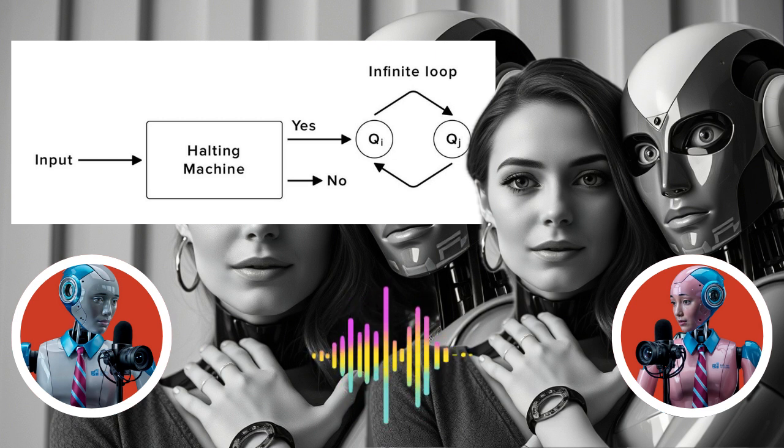Exactly. And here's the kicker. What happens when we feed this mischievous program into the halting machine? Uh-oh. Right. If the machine says it will halt, well, the program's designed to run forever, contradiction. And if it predicts an infinite loop, the program will just immediately stop, another contradiction. So by assuming we can create this halting machine, we end up creating a paradox. It can't exist. That's a pretty neat way to show that.